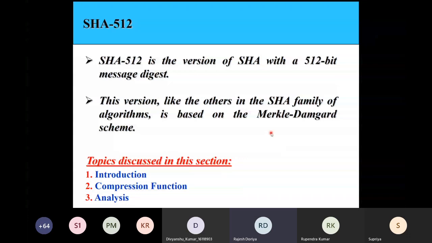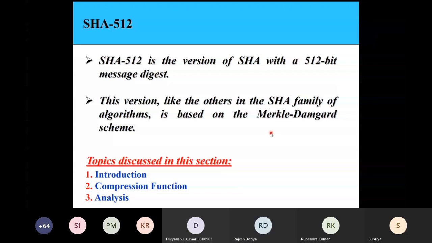So as I told you earlier, your SHA-512 has been derived from MD5, and MD5 is the recent version of your MD family. So what I would recommend to all of you is that you should study the MD family, the working of the MD family, the formation of the message digest family, so that you get a good understanding of SHA-512. However, I'm not going to discuss the detailing of the MD family. But let me describe to you what happens in the MD family.